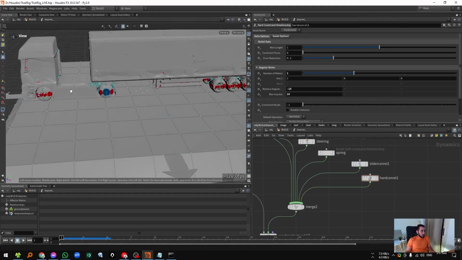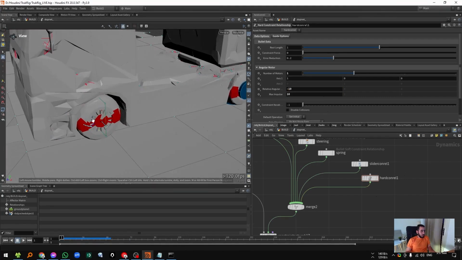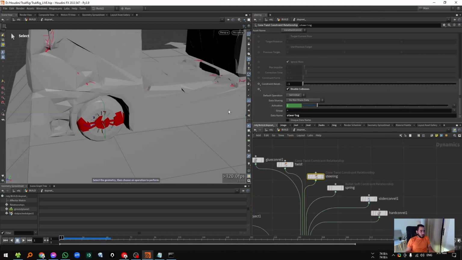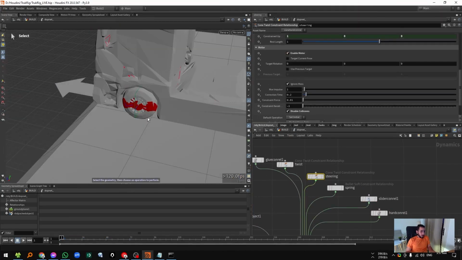Okay, what else? I need steering to be introduced also. So here, for steering I can enable the motor here. So if I